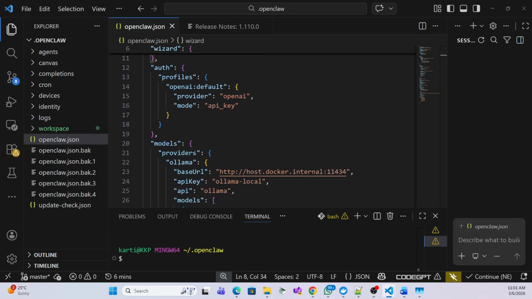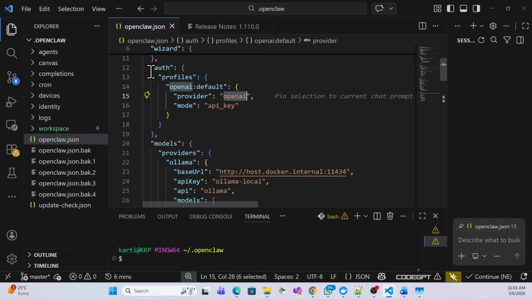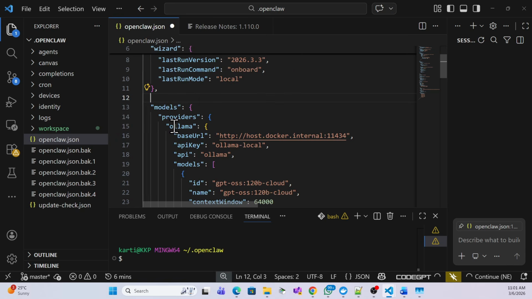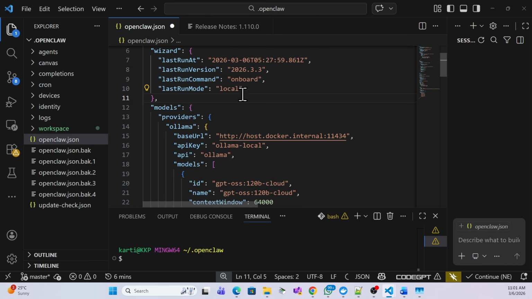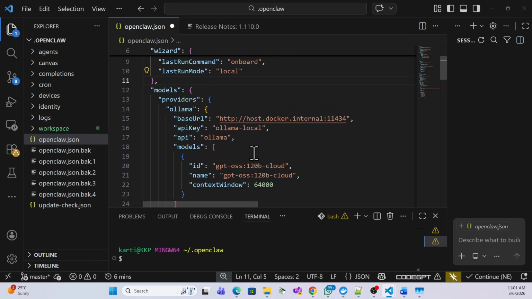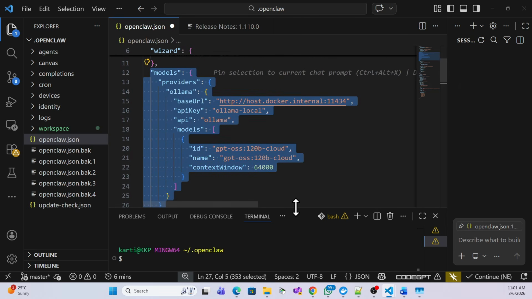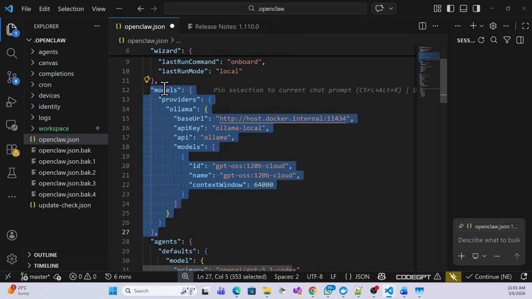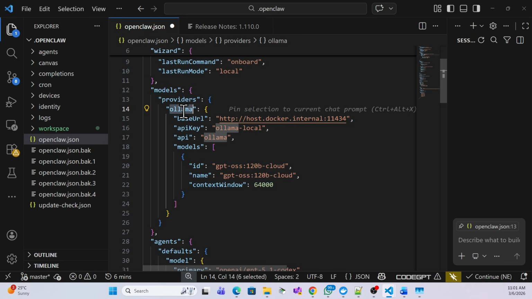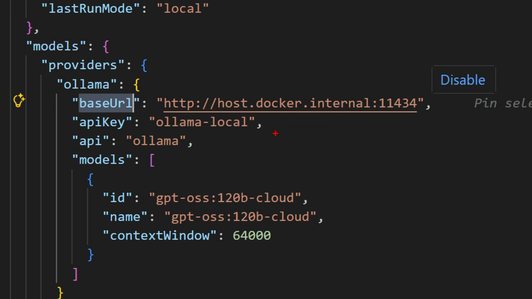First of all, here there is an auth section, right? This auth section has an OpenAI API key, and we don't require that, so I can simply remove it. So this first change you need to make: remove this auth section. Now the second section: I have already placed it over here, but if you don't have it, you can create this model section, then provider, and then Ollama, because we are trying to use Ollama,